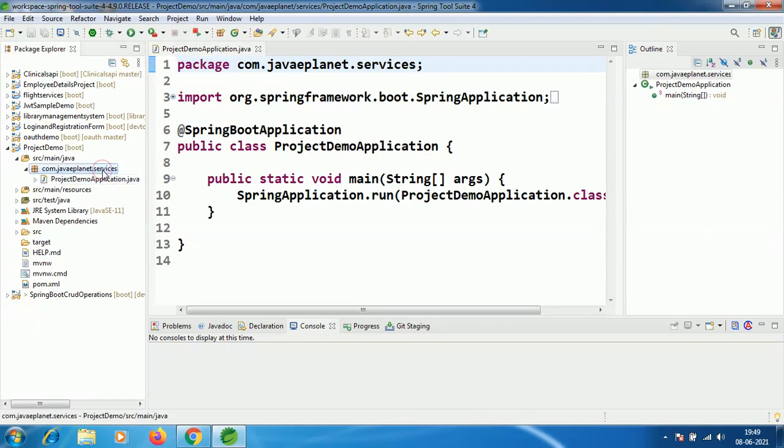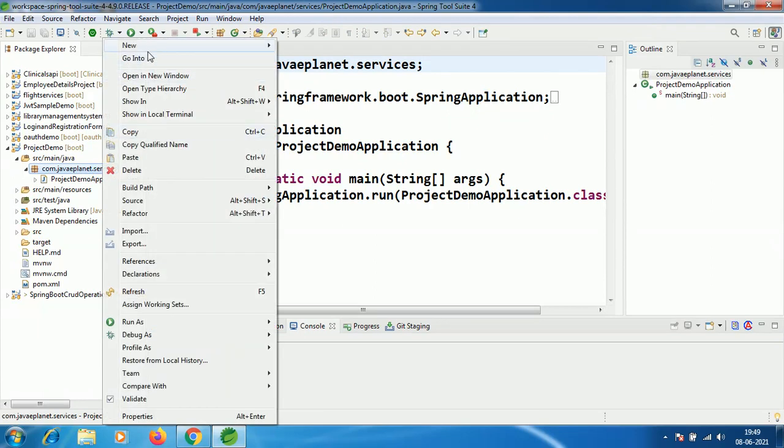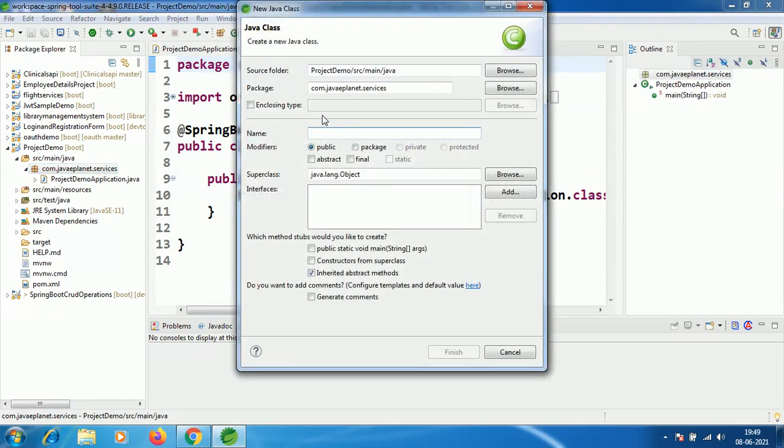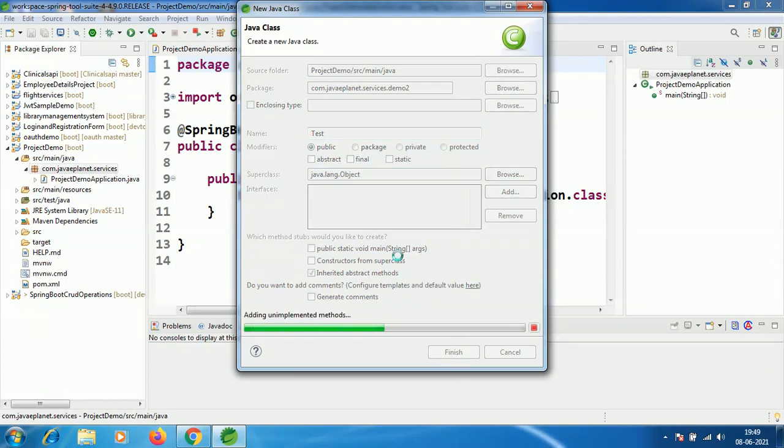Let me create a class. Right click here, click on new, click on class. I'm keeping this class in another package, com.javaeplanet.services, something like demo2. I'm taking the class name as Test. Click on finish.